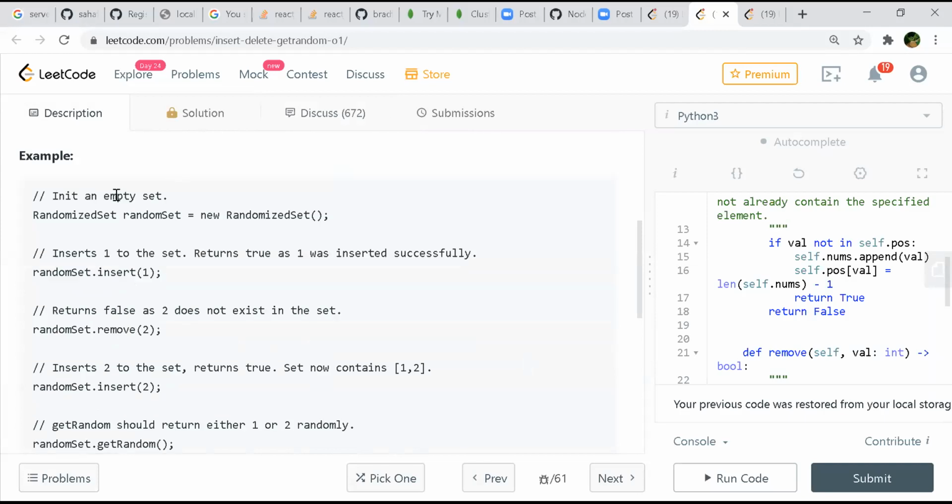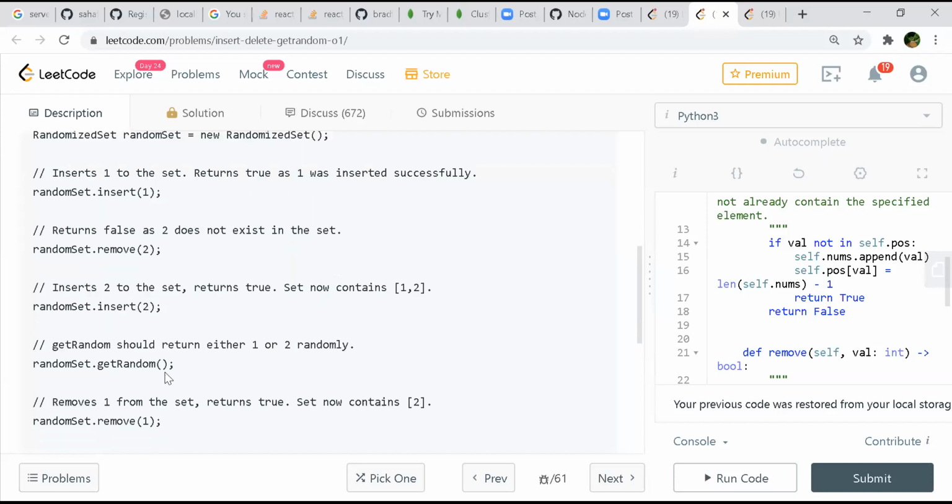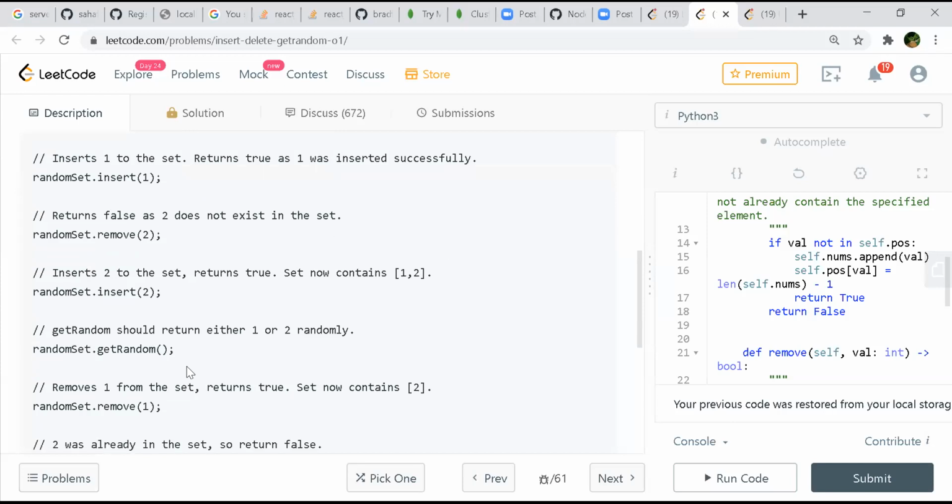Initially the set is empty, so they have instantiated it, and then inserting 1 into the set returns true because 1 was inserted successfully. Then 2 was not present but we try to remove it, so it will return false. Again inserting the 2. getRandom should return either 1 or 2, because the probability of any number being returned is equal.